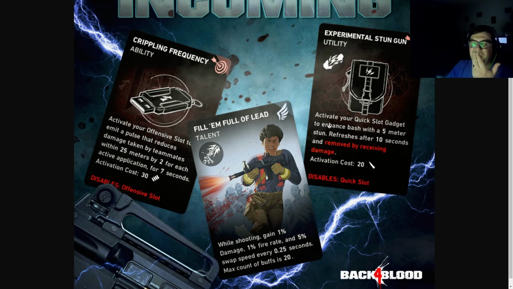Or I get the feeling enhance bash means that we still get the normal bash, but right in the center we can tase something? Or does it tase the whole 180? I don't know, but a very interesting card. Either way that we look at it there, or theorize how it might be,